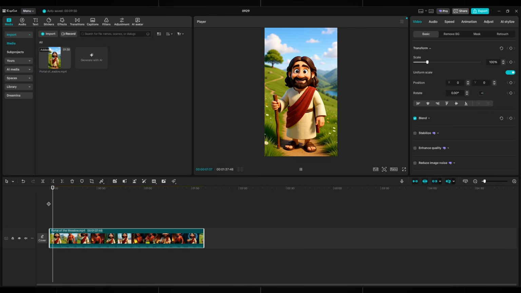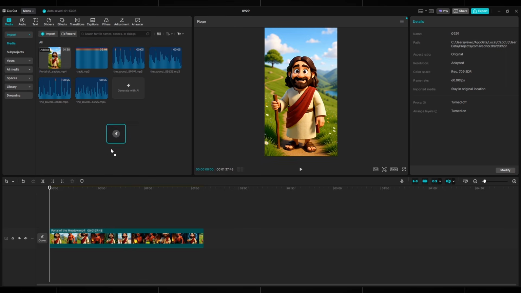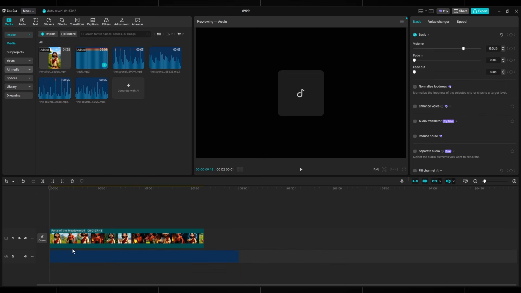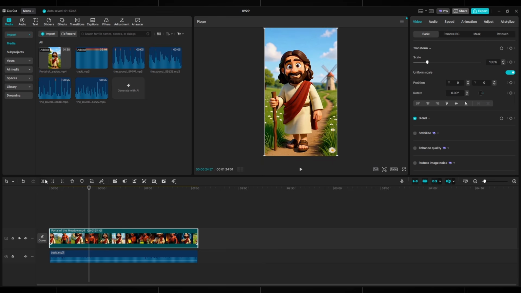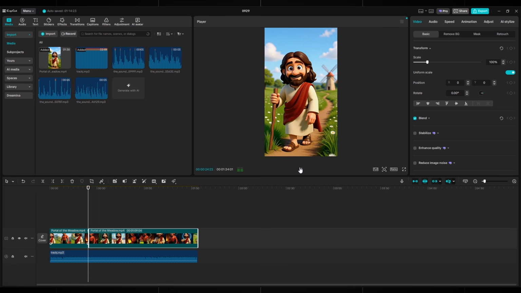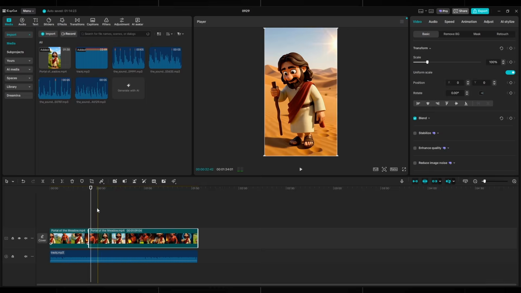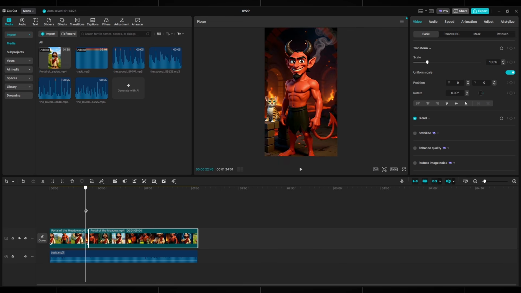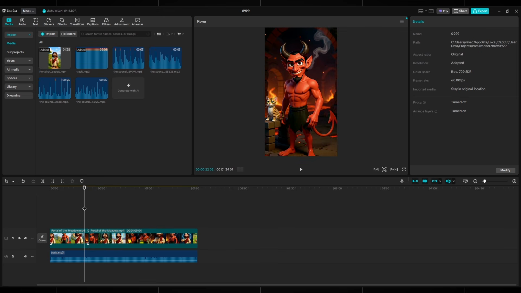First, I'll adjust the background music. It's too loud, set it so it doesn't hurt the ears when listening. And another very important detail, rewatch the entire animation. If there's a scene you don't like, or it's too long, cut it down to the length you need. I'll do that right now so the animation looks perfect. Everything here is up to you, since you have your own story and your own animation.